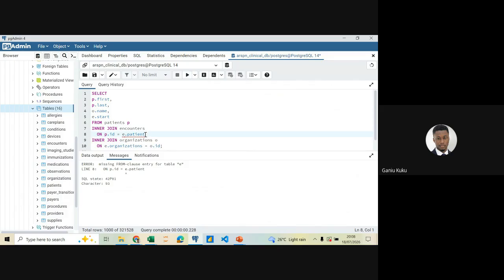E-patients, on E-organization. Okay, let me see. Why is this not working? Let me see. I thought you said E-patient. That join is on encounter, but you're not joining it with them. Sorry, I made a mistake here. This should be